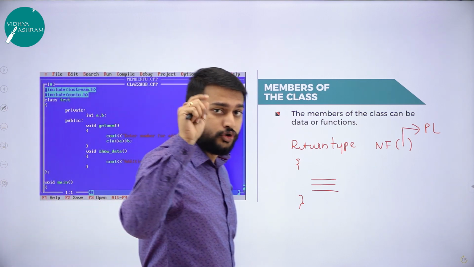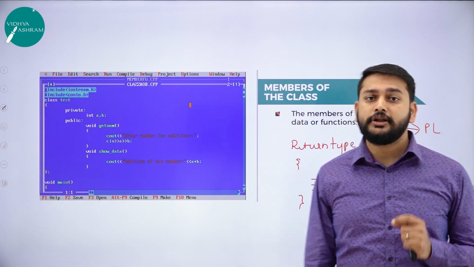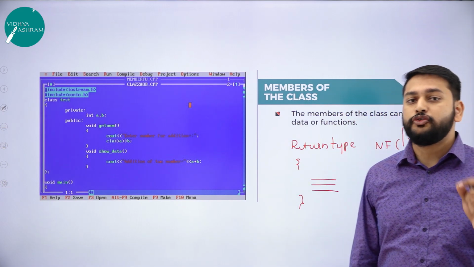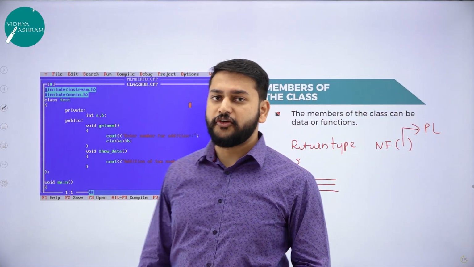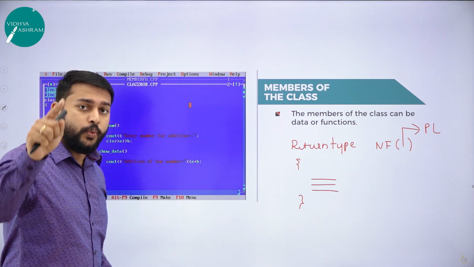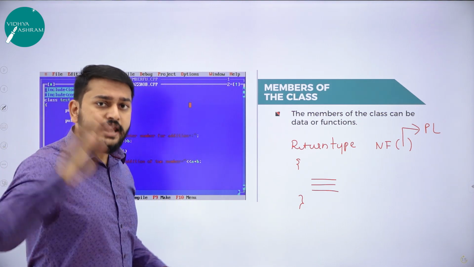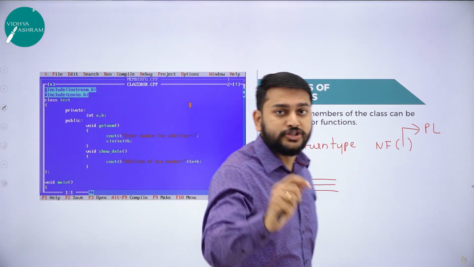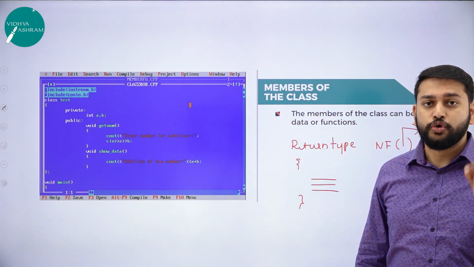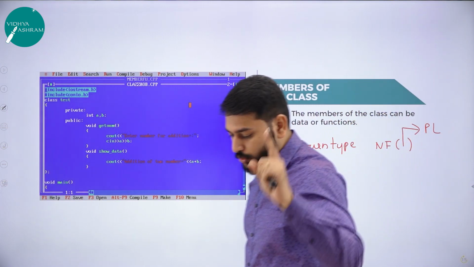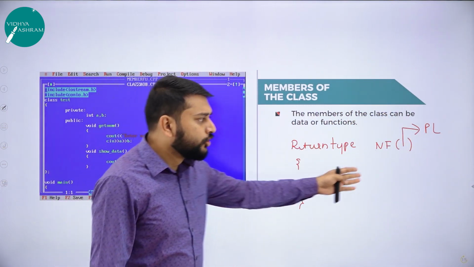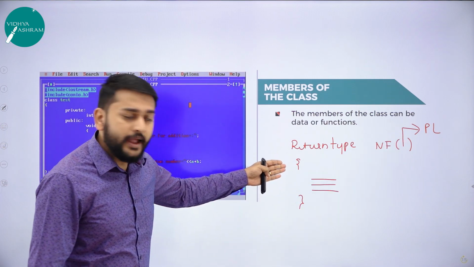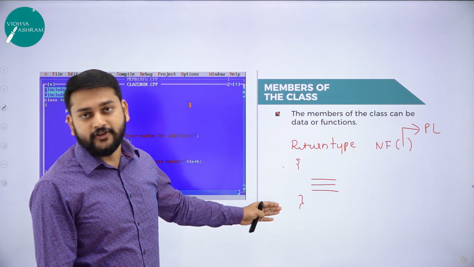Whenever you give the name for that particular function, you will have to follow the rules of identifier. Whenever you are giving the name for anything in your programming language, make sure that you follow the rules of identifier. Then after that, you will have the parameters, then followed by opening flower bracket and closing flower bracket.